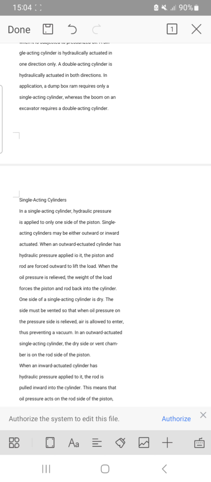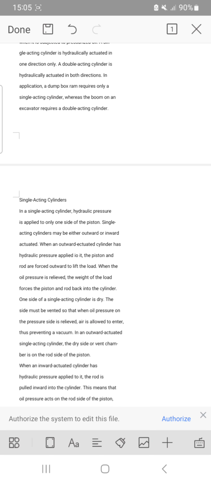One side of the single acting cylinder is dry. The side must be vented so that when oil pressure on the pressure side is relieved, air is allowed to enter, thus preventing a vacuum. In an outward actuated cylinder, the dry side or vent chamber is on the load side